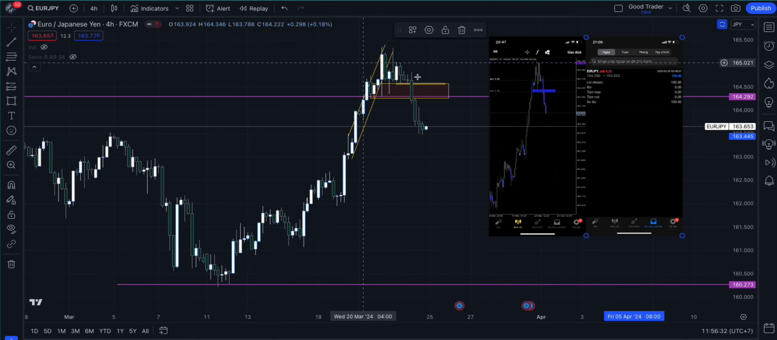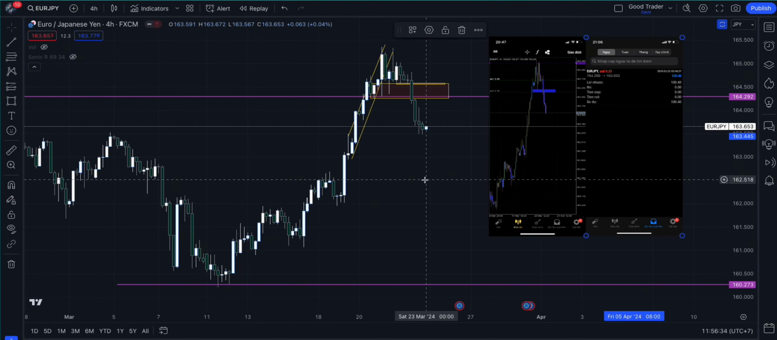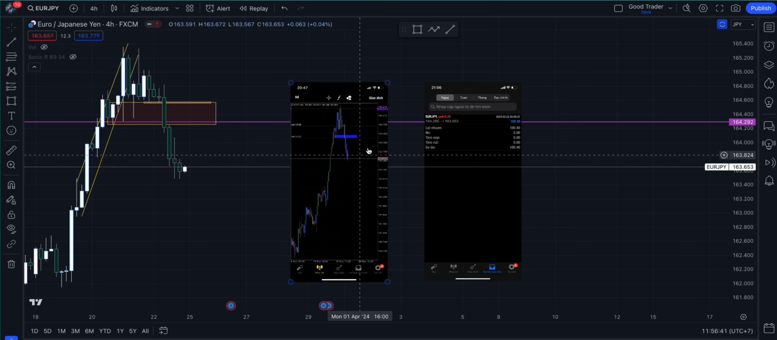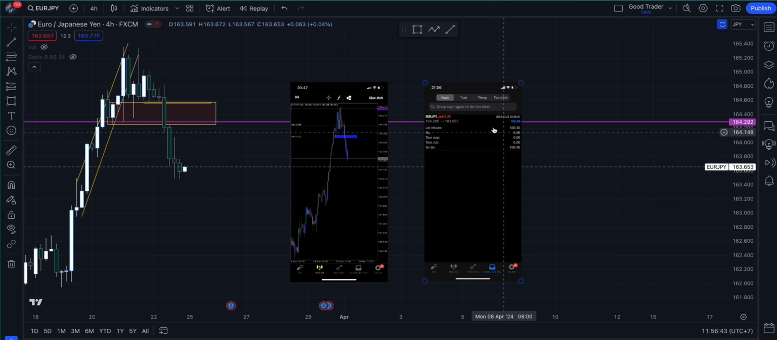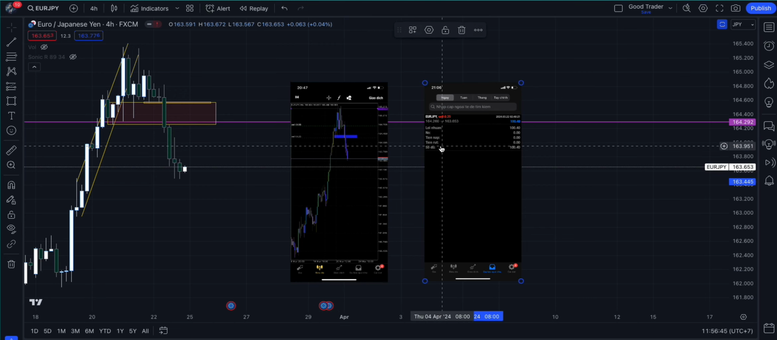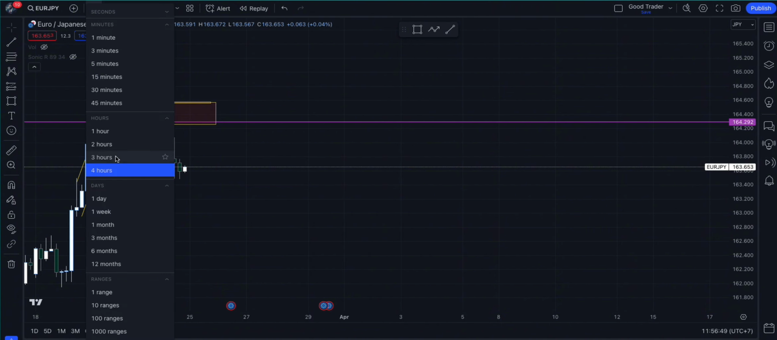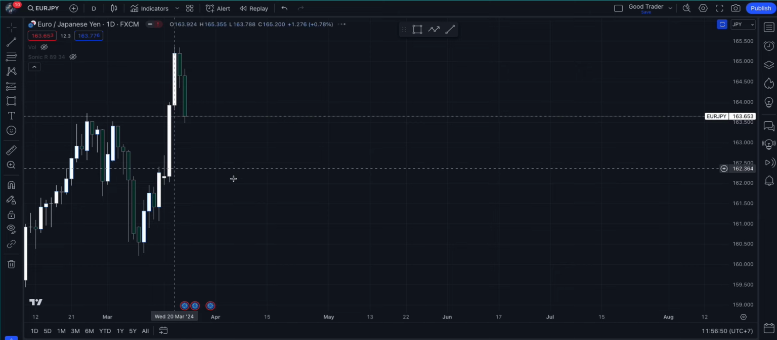Euro and yen trade on the 23rd of March. This is my order when the price has gone, and this is the amount I make. So on the daily time frame,